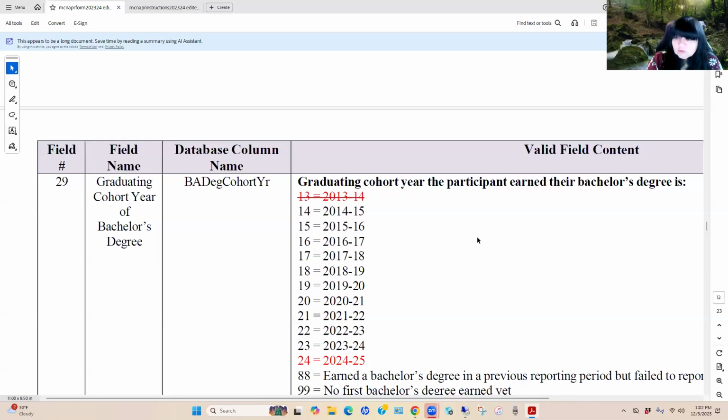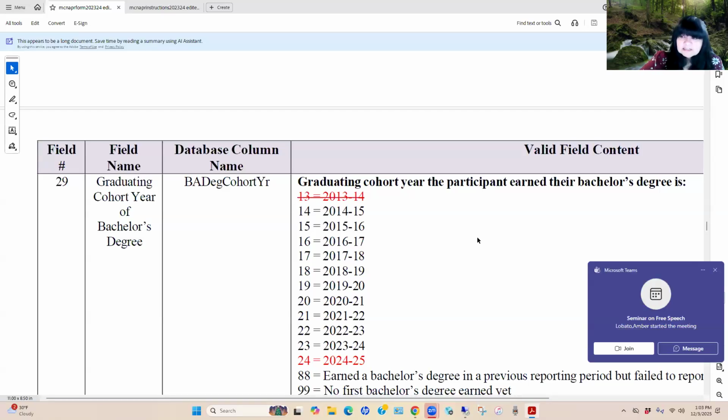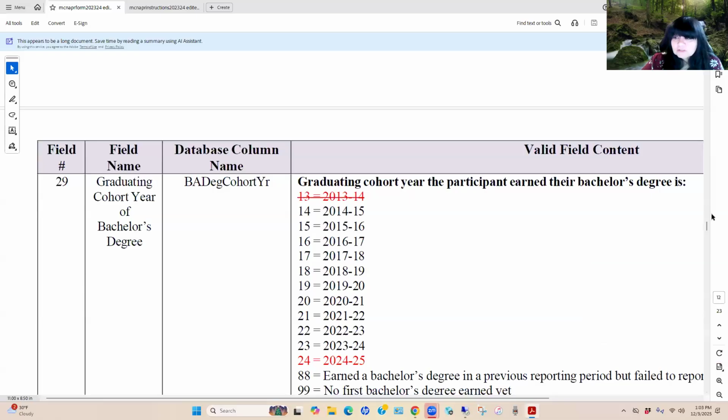For this 24-25, of course, any records that you may have submitted in 23-24 will be updated to identify any 24-25 individuals and their new cohort. And again, you'll report on them for a really long time until they've been assessed for those 10 years.